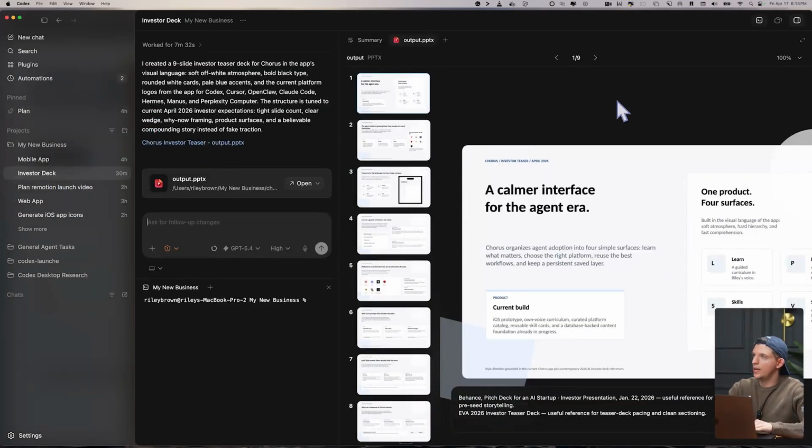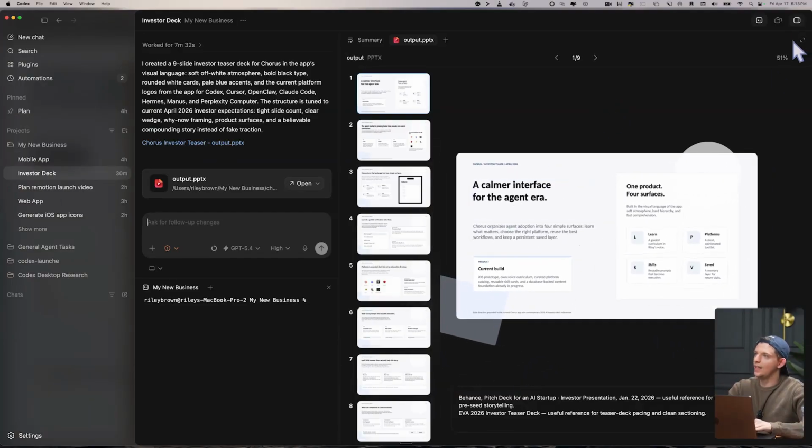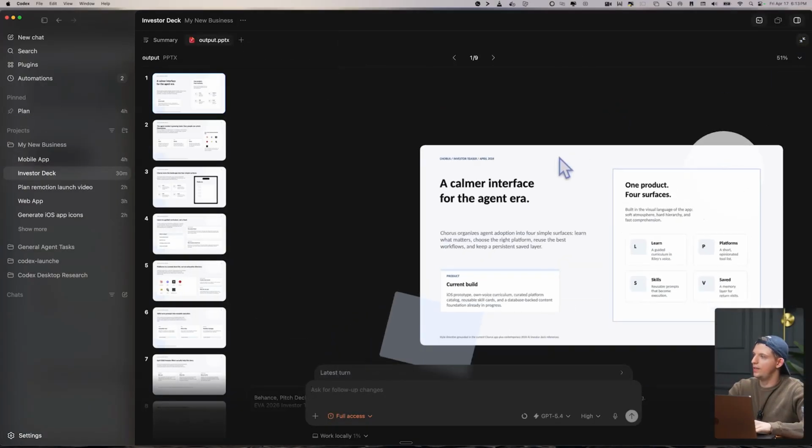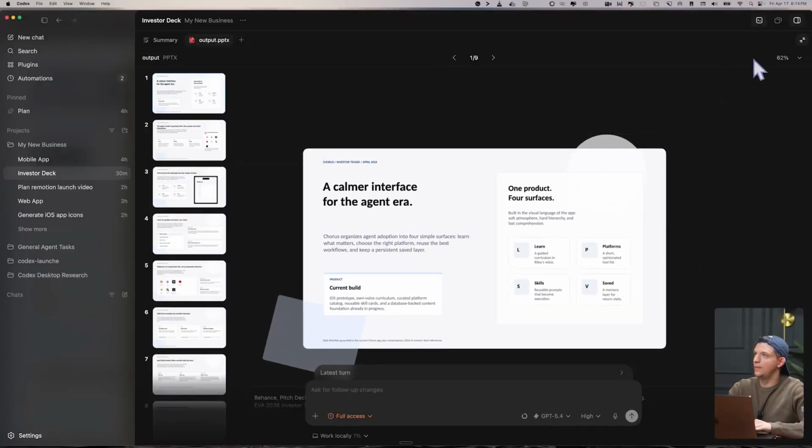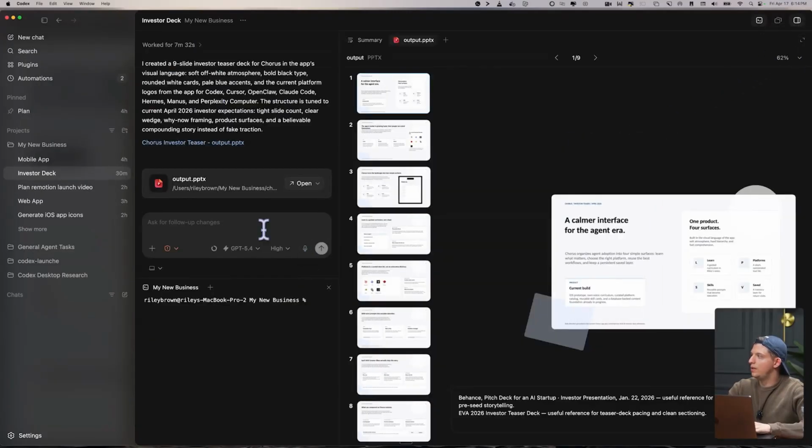Okay, so the investor deck is done, and I love the way it looks in Codex. Like, look at this. You can create an investor deck just like this. I will say it's not the best at designing PowerPoints yet. So what we need to do is we're going to open up the terminal here, and we're going to type